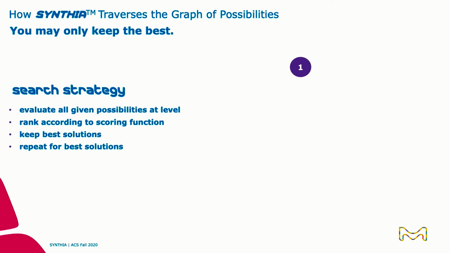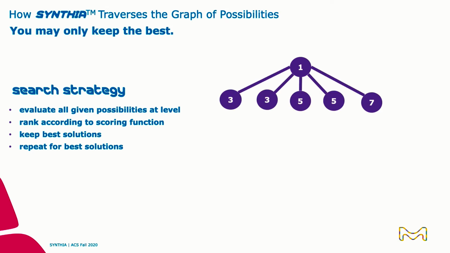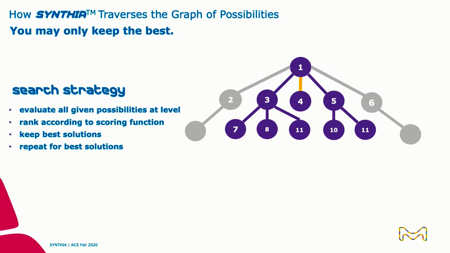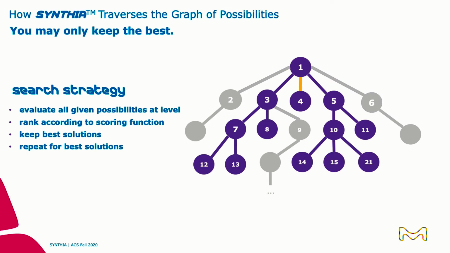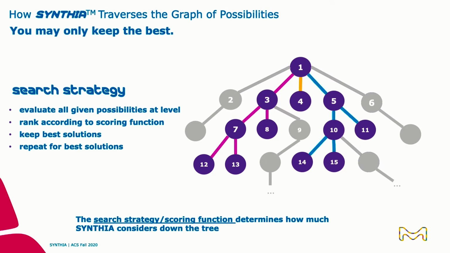As part of its search strategy, Synthia evaluates all of the retrosynthetic cuts and possibilities at each level, ranking and scoring those particular retrosynthetic cuts against the viability and the search parameters put forth by the end users, only keeping those best solutions and continuing to go deeper into that retrosynthesis, all of the while eliminating those non-viable reactions that it identifies, continuing on until it gets to those terminal stopping points, which would be those commercially available or known